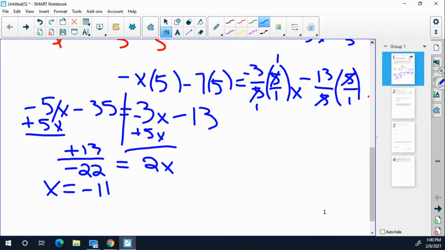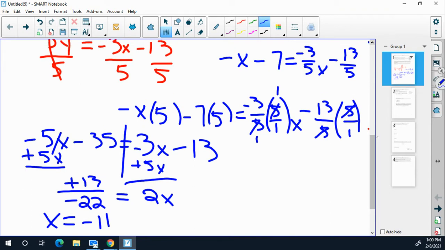Now we have to go back to the equation that had y by itself. So y equals negative x, what? Minus 7, right? And we plug in, here's what